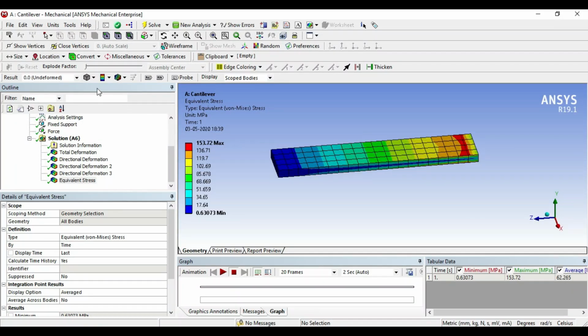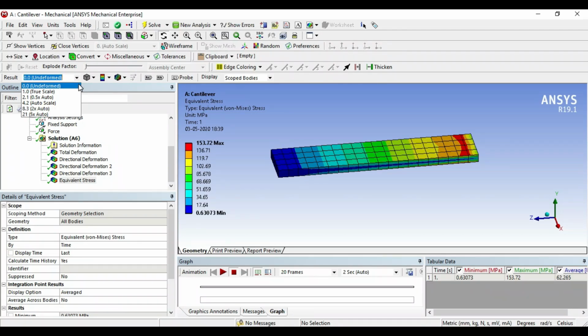The computer sometimes uses some scale to visualize your effects, because sometimes the results are very small and cannot be seen by the naked eye. So the software uses some scale to visualize the effects. So you will understand how your geometry is going to deform or perform under the given load conditions.